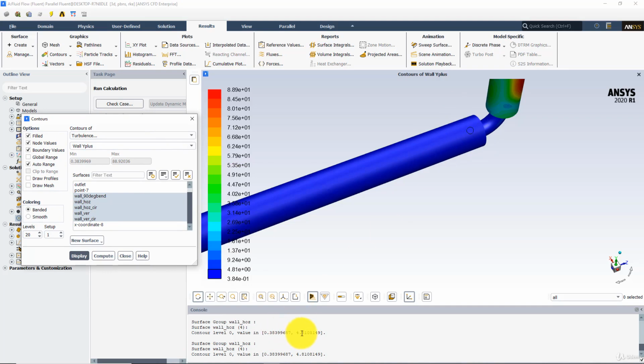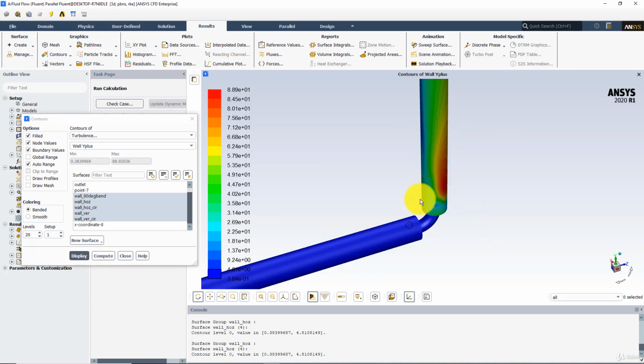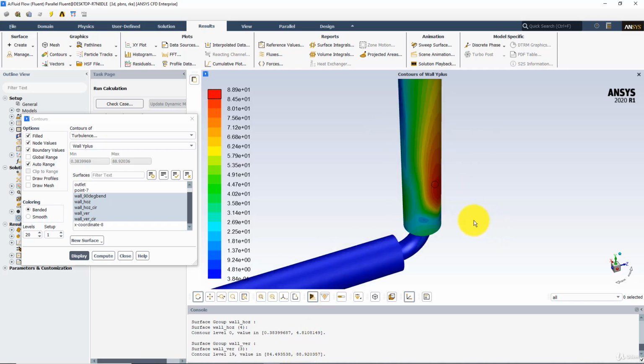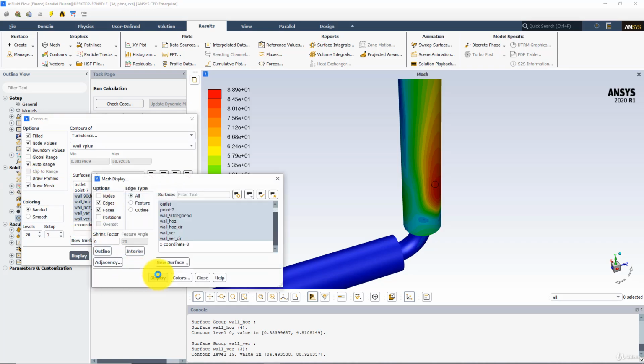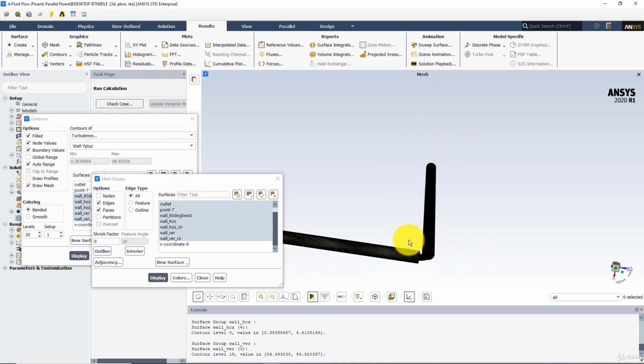I can see that my y plus value is not more than 4, and the minimum value is 0.38. But in this region, where we maybe have the highest velocity, we have y plus values approaching around 88. And what we want is that this value should be less than 10, and preferably it should be between 2 and 5. And now I turn on the mesh also here, with these faces,